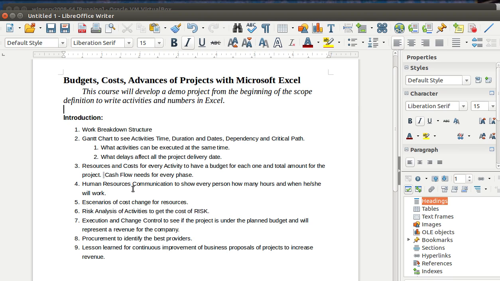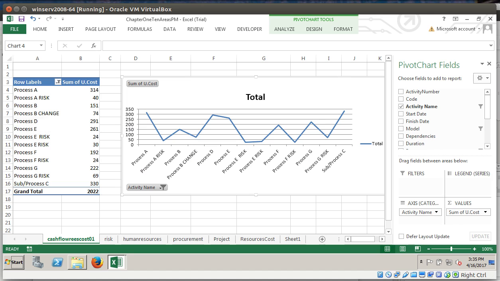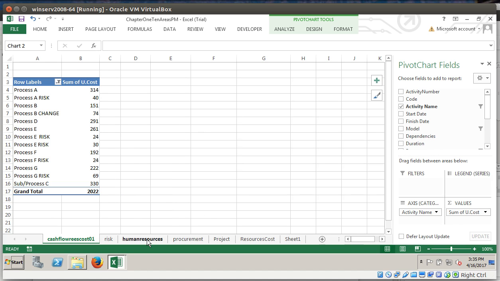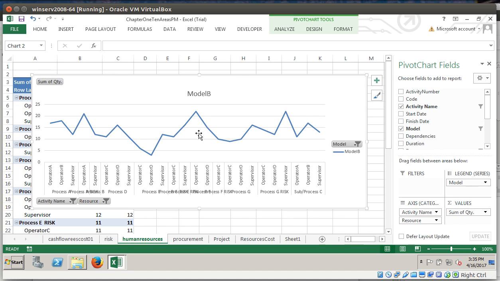Then we will show the human resources communication. It is very important to show every person how many hours and when he or she has to work, what projects he or she has been assigned. So we have a very clear chart for every human resource, what activity he or she will